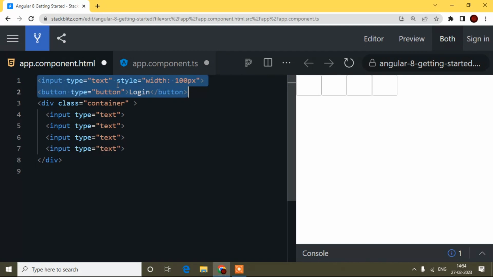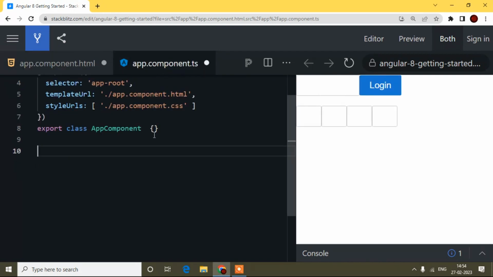So at that time, first of all I will come to the TS file, and now I will write the logic. First you have to understand how you will get the OTP. There are some scenarios as well. Suppose you can get the OTP in an array format or in an object format. Many ways you can get it. That depends on your backend developer, I mean who will send the API, so it will depend on him how he will send the OTP.